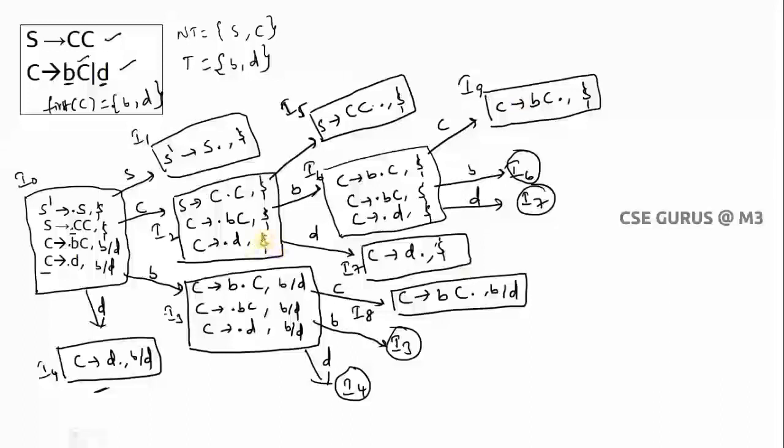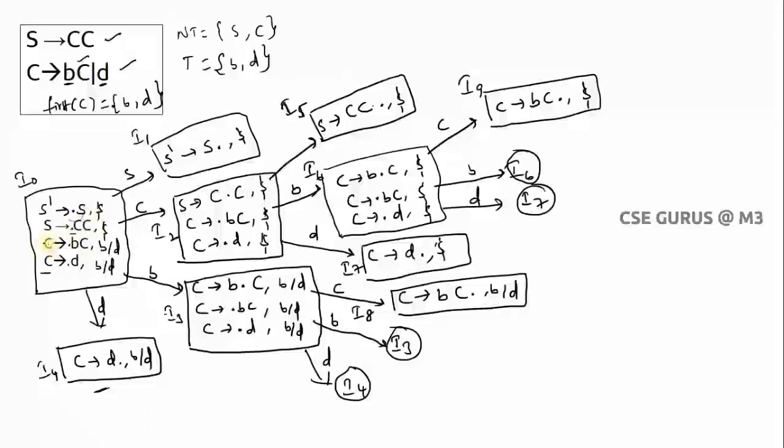Now you can see how simple it is when you go for the CLR parser. The main highlights you need to remember: first you need to include the augmented production. After that, for the initial production you have to include dollar. After that, for each left hand side non-terminal, you have to check whether that symbol exists on the right hand side with dot. That means for S, checking is there any dot S. If there is, you have to check what is the symbol after dot S. If there is no symbol, then whatever you had previously, that only you write for this one. If there is a symbol, you have to find the first of that symbol. Then you can get the answer.